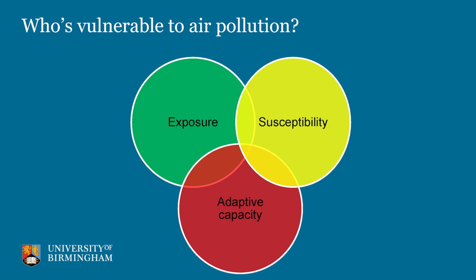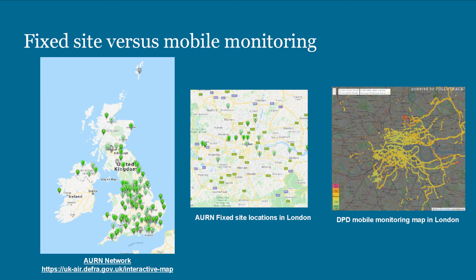Just the final slide now, please. Just about this work, I think it's really exciting. Typically, what we've got to look at air pollution in the UK is fixed sites, and we've got a very nice fixed site network in the UK. On the left, this is where the fixed sites are, which measure air pollution at very high quality. There are about 170 of these in the UK.